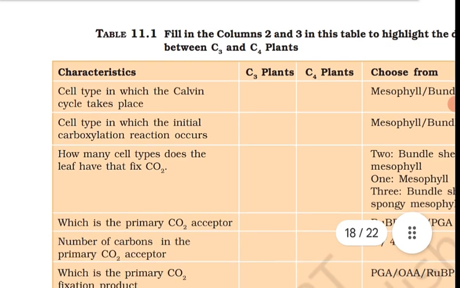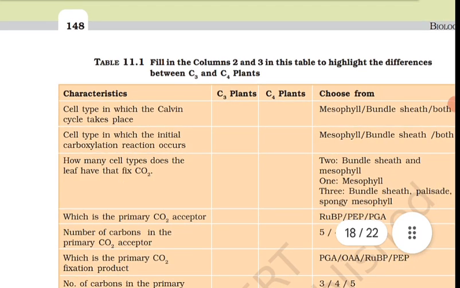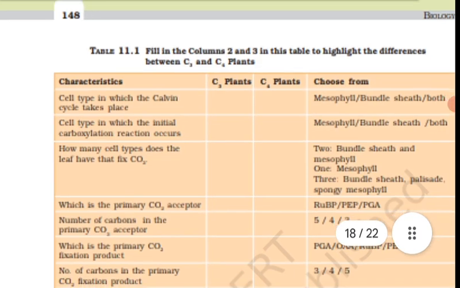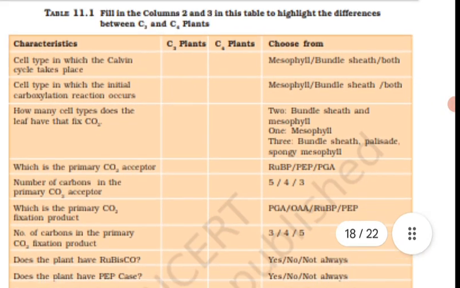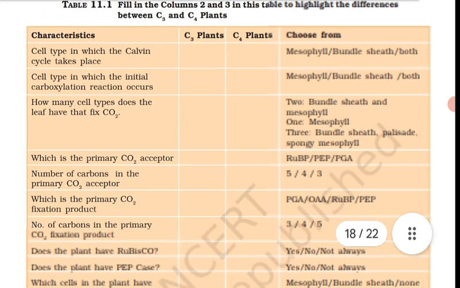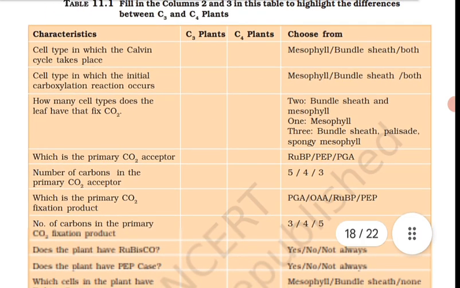टेम्परेचर ऑप्टिमम क्या है C3 प्लांट के लिए, 20 से 25 डिग्री सेल्सियस, ये बहुत इंपॉर्टेंट है। और C4 के लिए होता है 30 से 40 डिग्री सेल्सियस। एग्जाम्पल जो है C3 के वीट और राइस है, C4 के मैज और शुगर केन। ठीक है, मैज और शुगर केन। टेबल पूरी दिमाग में उतार दी।